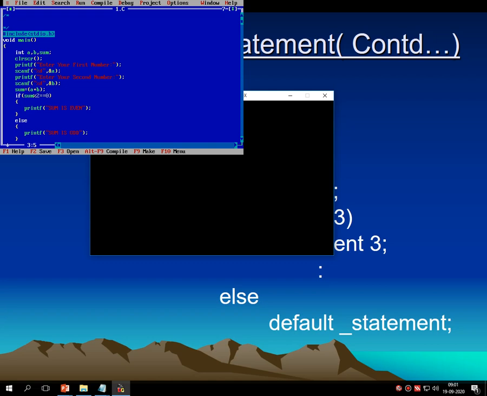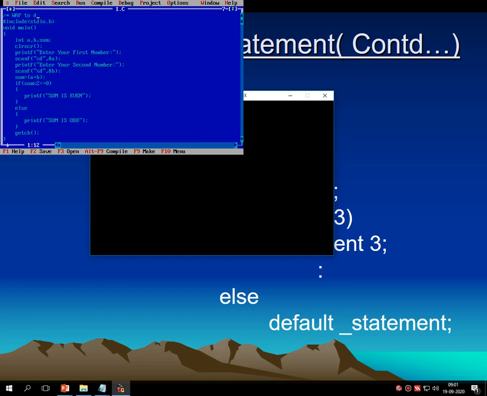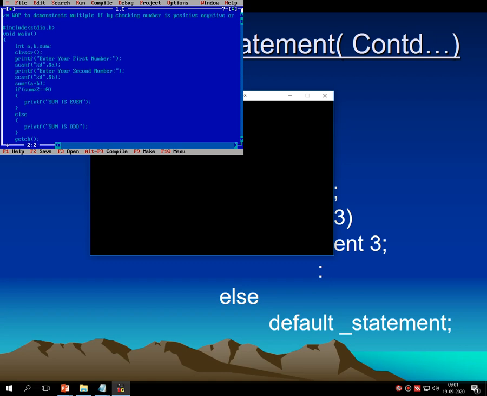Write a program to demonstrate multiple if else by checking number is positive, negative or 0.